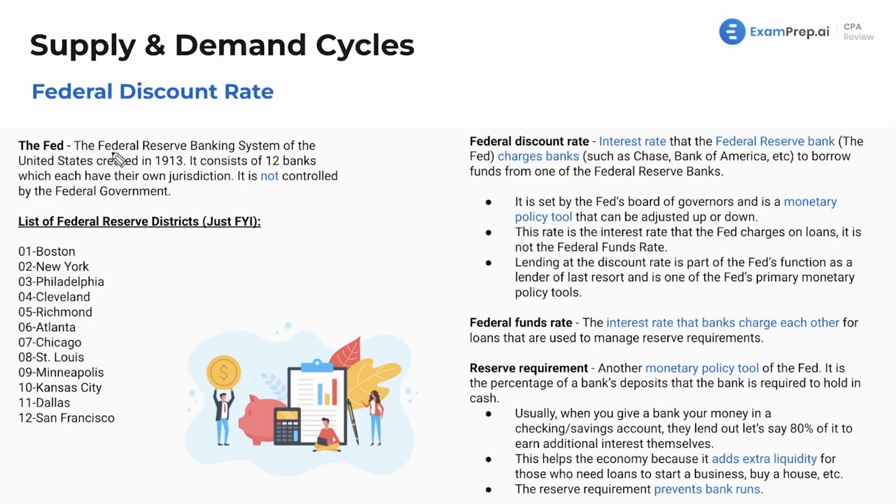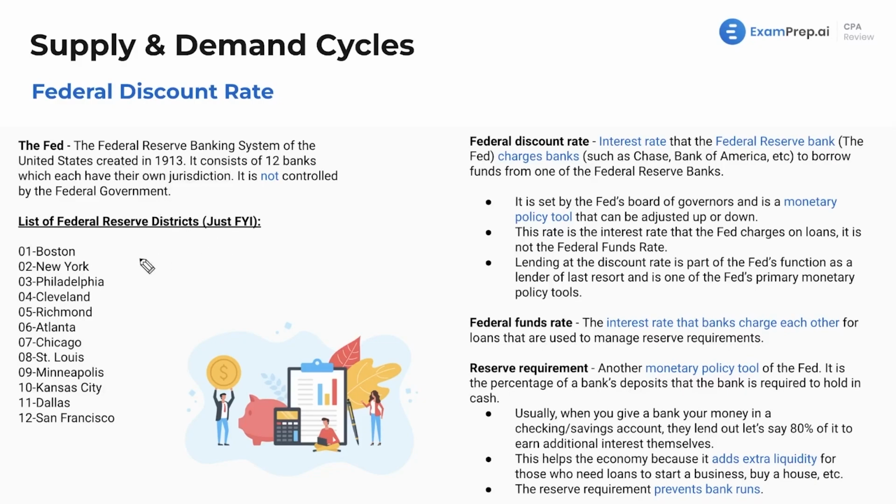It can do whatever it wants. Now, you might think that's kind of crazy. There's this independent body just kind of doing its own thing. Well, that's how the system works. I'm not going to go too much into depth about that, but created in 1913, the Fed is the entity that prints money and controls monetary policy. And we'll see in a second, I'll talk about that next slide. The federal government controls fiscal policy. Don't worry about that. We'll go over that much more in depth in the next slide.